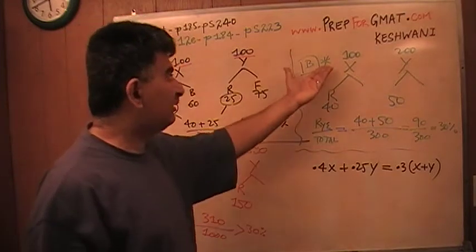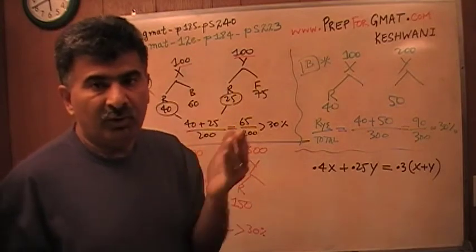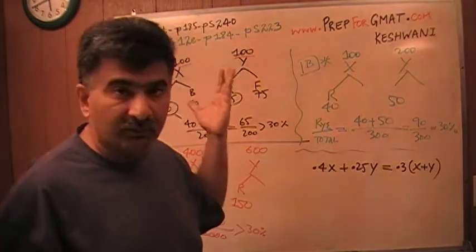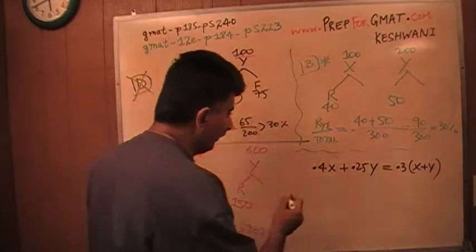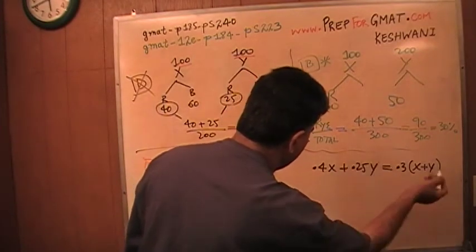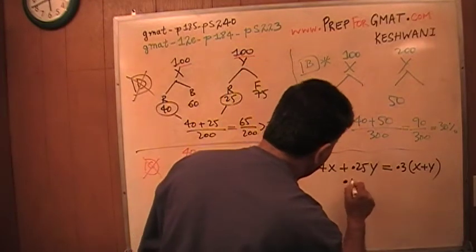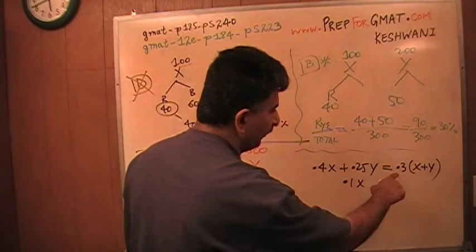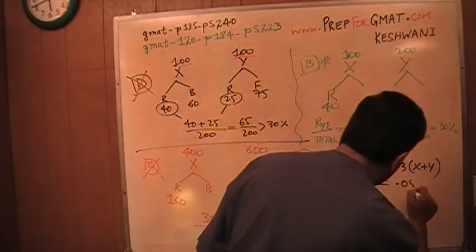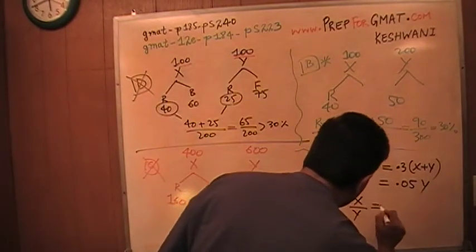Since we already know that it's 33%, the ratio has to be 1/2. For every 1 unit of X, we have to have 2 units of Y. Just like here, for every 1 unit of X, we have 2 units of Y, which is what I expect to find here. So let's figure it out. If you bring the X on one side and Y on the right hand side, you end up with 0.4x minus 0.3x, so that's 0.1x, equals 0.3y minus 0.25y, which should give me 0.05y, and therefore X over Y should be